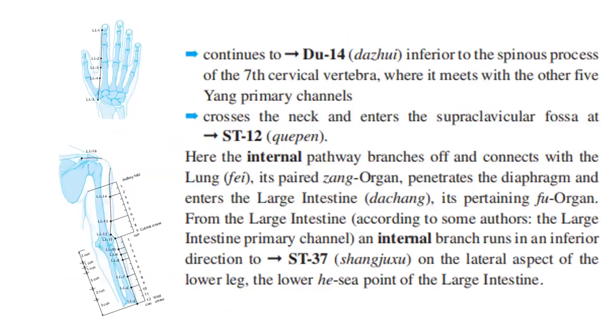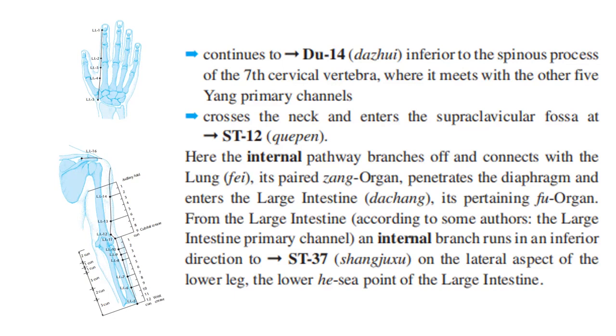Continues to Du14 inferior to the spinous process of the 7th cervical vertebra, where it meets with the other 5 yang primary channels. Crosses the neck and enters the supraclavicular fossa at Stomach 12. Here, the internal pathway branches off and connects with the lung, its paired zang organ,